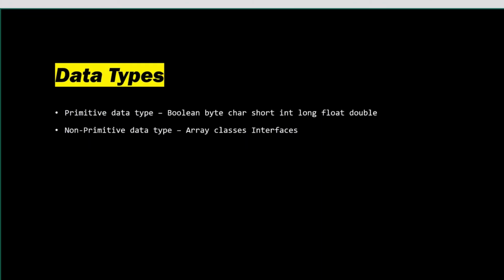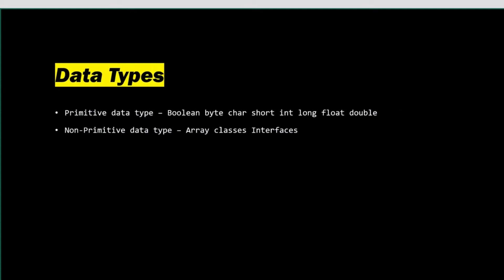So what are data types? Data types define what type of value a variable can store. What type of value will come in the variable, okay. If you want a number type value, you give int there. If you want a string type, you want to put your name, you can give string. If you want a point value, you can give float. So which type of value a variable can store will be defined by the data type.